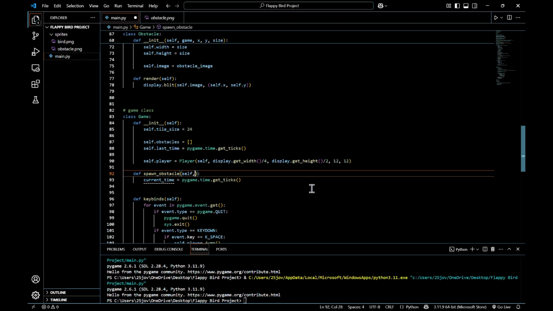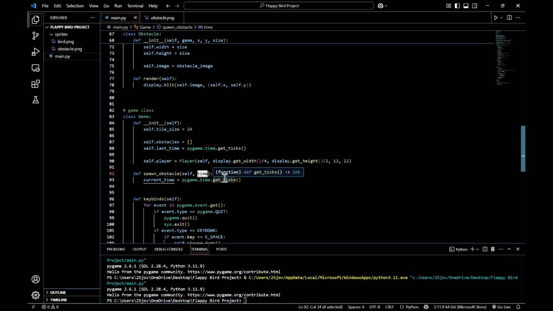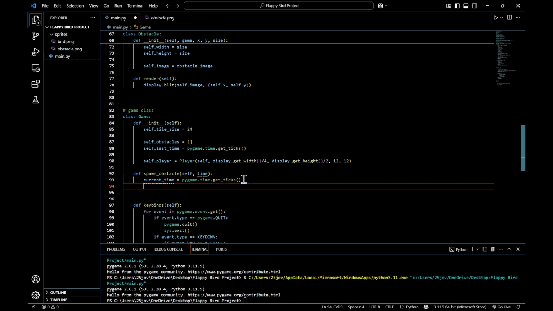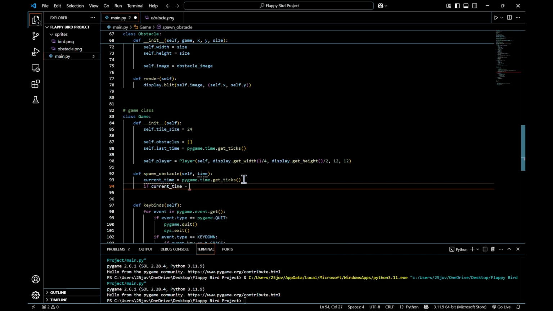Now let's create a parameter here of time. When we call our spawn obstacle method, our game will spawn an obstacle at whatever time we pass in here in this argument, in this parameter. And we're going to compare if current_time minus self.last_time